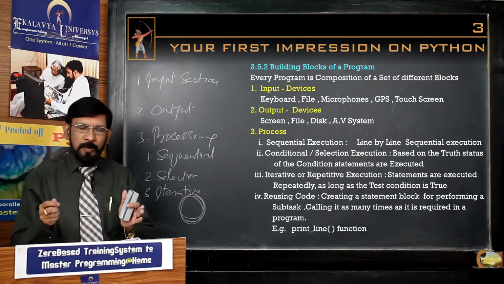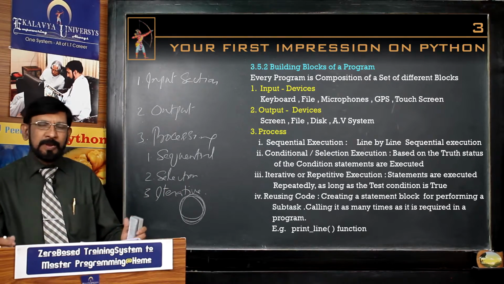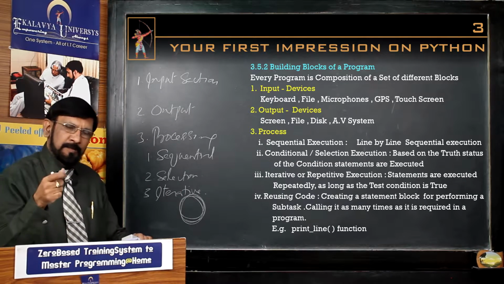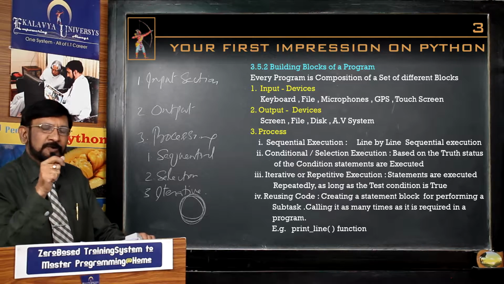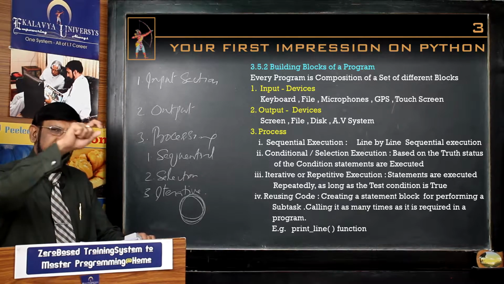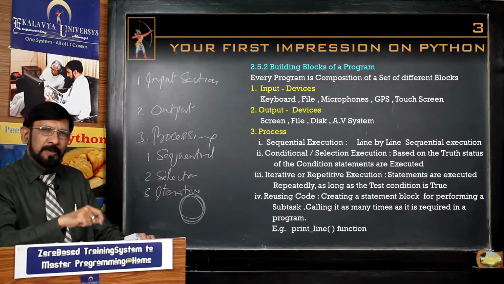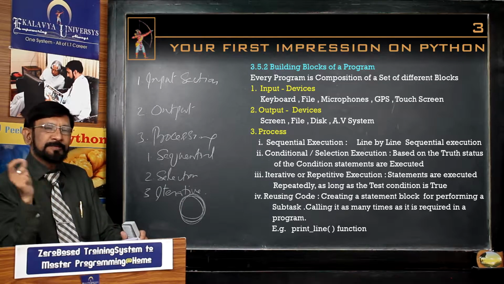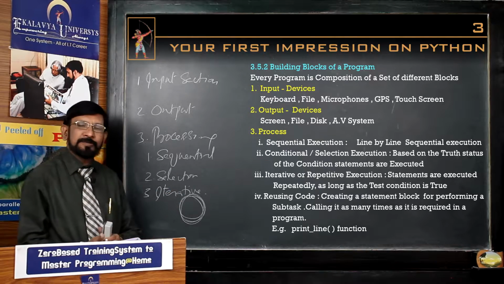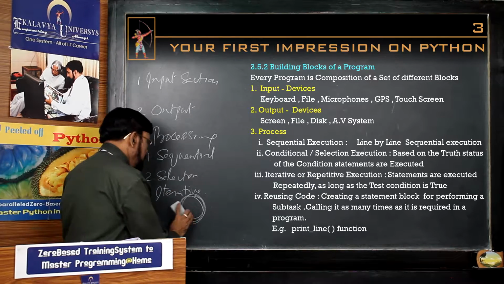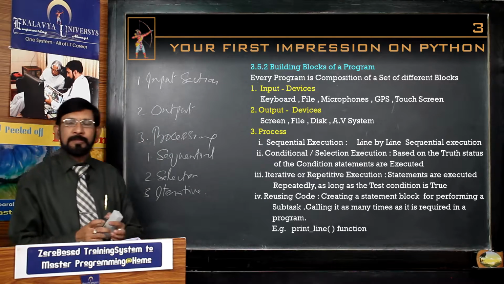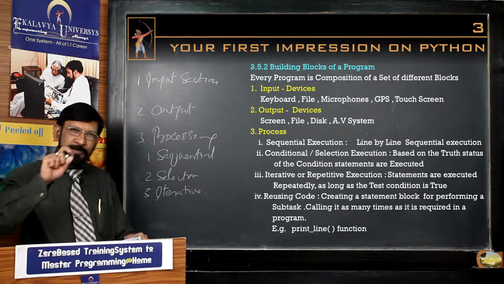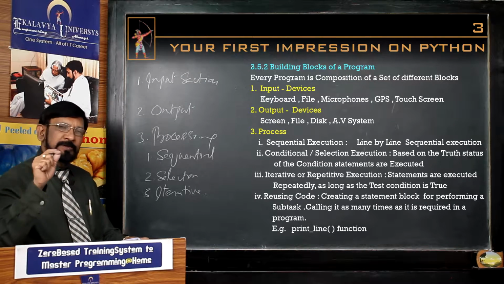Suppose you have to pour 10 liters of milk in a vessel, but you have only 1 liter measurement vessel. Then what you do? You repeat the same action 10 times. You pour 1 liter of milk into a vessel 10 times, then your task is performed. This is iterative approach. In programming also, the same approach we have to follow. Here the iteration may be with change or without change.